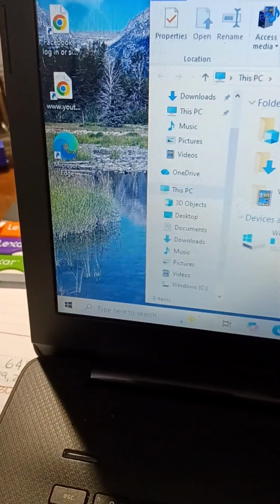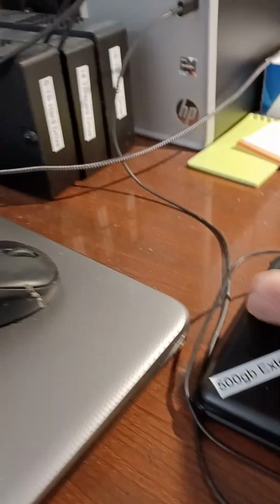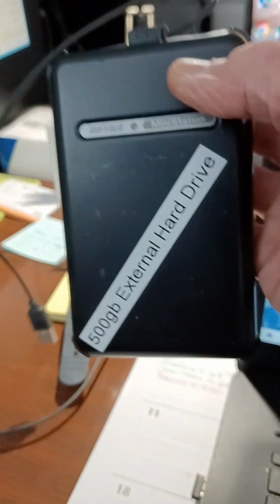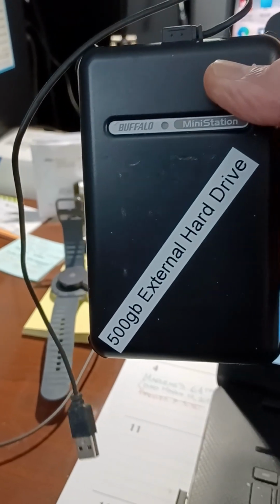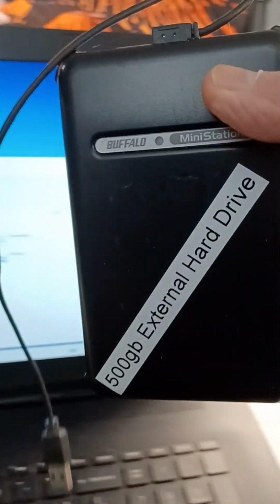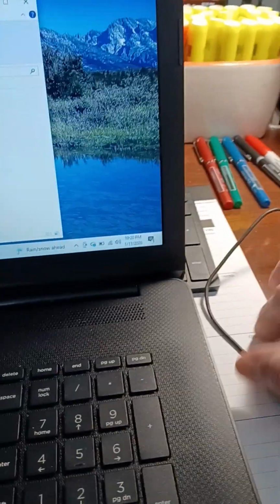It'll probably say drive E, and it'll have some sort of an icon over here. Let me do something here just as an experiment while I've got you on it. This is a little portable 500 gig drive, and it gets all its power from the computer. The one you have plugs into the wall because it wants plenty of power. But I can take this thing and